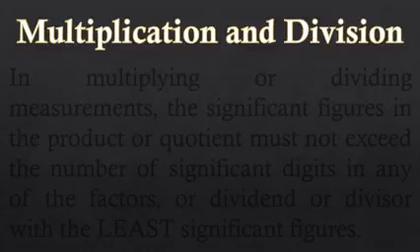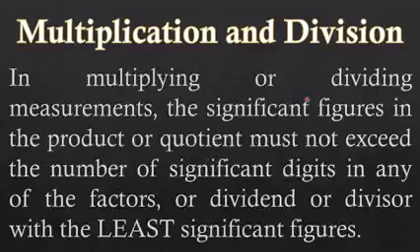So ano naman yung rule when multiplying and dividing involving significant figures? This is the rule. In multiplying or dividing measurements, the significant figures in the product or quotient must not exceed the number of significant digits in any of the factors or dividend or divisor with the least significant figures. So ito naman, yung magiging sagot natin, yung magiging quotient or yung magiging product must be obtained with the least significant figures,